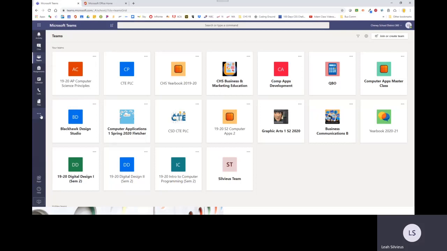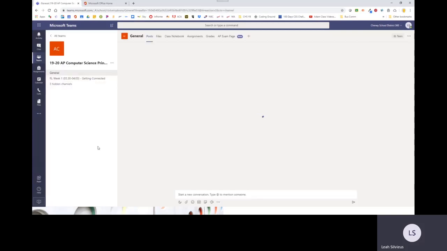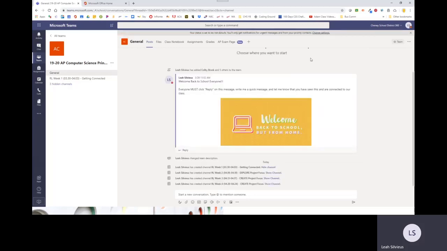To go into a team, you're going to click inside the team, and you will see that there are options within here for you to connect with your teacher and view what's going on. You're defaulted to the General tab, and that's called a channel. And the General channel is for your teacher and you to communicate about general updates that need to be available for you. You can see here that we're on the Post tab, but you also have Files, where you and